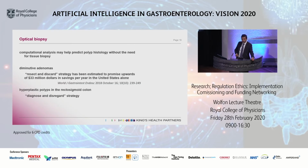But here, with endocytoscopy, we're looking at optical biopsy, and optical biopsy has become increasingly important, particularly in Western practice. That's primarily for two reasons. There's an awful amount of money that's been spent around the world, and certainly in the United States alone, they've calculated that there is about a $33 million savings per year for patients that had diminutive adenomas that may